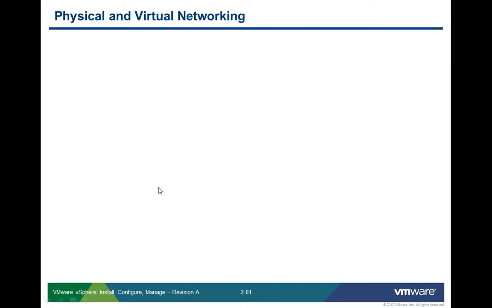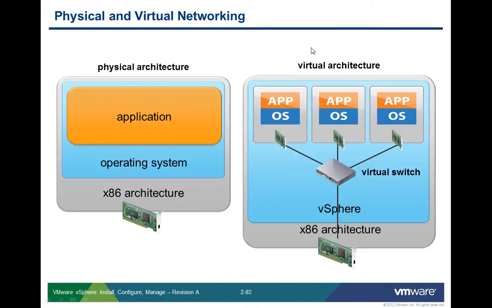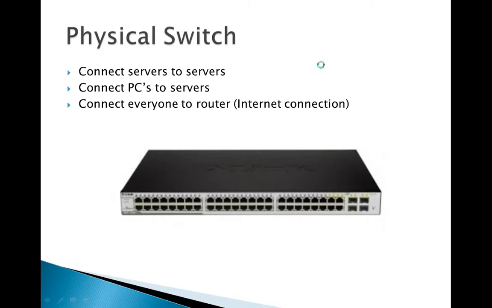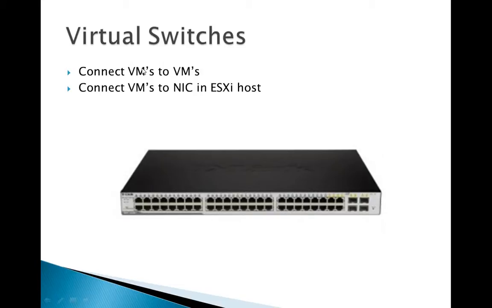Physical and virtual networking. Let's compare physical architecture versus virtual architecture. Now, I know you're familiar with a physical switch. Switches connect servers to servers and PCs to servers and everybody to the uplink, which connects to the router, which is the internet connection. That's a physical switch. Well, a virtual switch does the same thing. It connects virtual machines to virtual machines, and it connects virtual machines to the network interface card in the ESXi